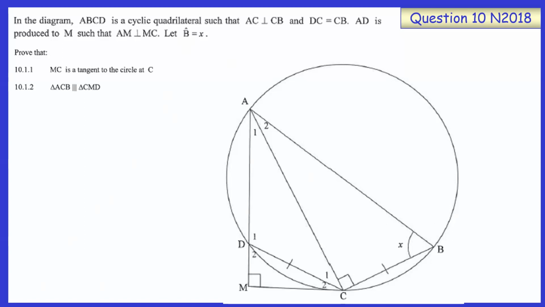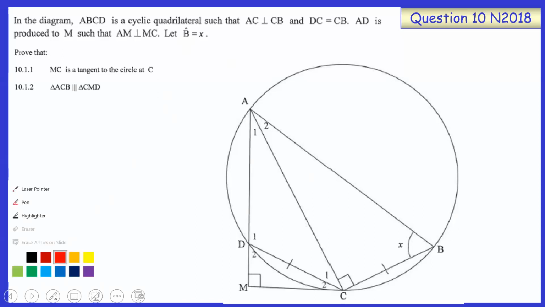If I look at this diagram, the first point I want to make to you is equal chords. If I use the word equal chords, can someone quickly complete that statement for me? Don't they subtend equal angles, sir? How many of you knew that? Very good. So if you look at this diagram, you'll notice that DC